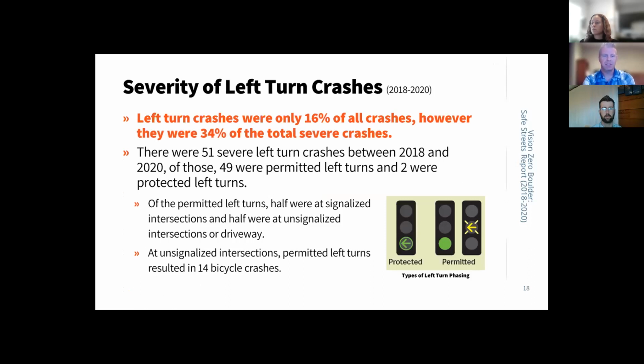In terms of left turn crashes, it's a similar story. I think what we found here, though, that was a little bit of a change in trends is that we are now seeing more left turn type crashes occurring at unsignalized intersections than we had previously seen. So we have found that our mitigation efforts and changes to implement different left turn phasing in terms of flashing yellow arrow, protected permitted, or just protected only phasing, those have been quite effective, but we did see an increase in the number of left turn crashes occurring at unsignalized intersections. Next slide, please.